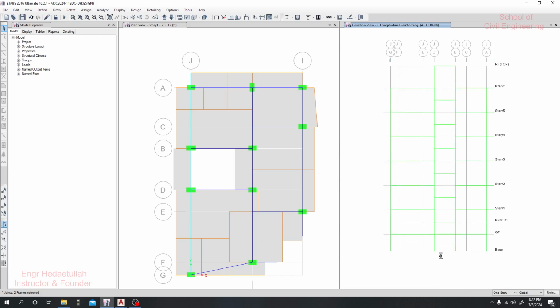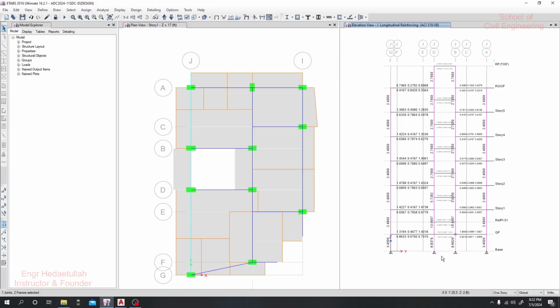Here is the main decision we have to take. As my structure is only G plus 5 story, we had to provide a special case of combination as per our code. But for that structure it will be normal condition. So for normal condition, what we'll do actually,